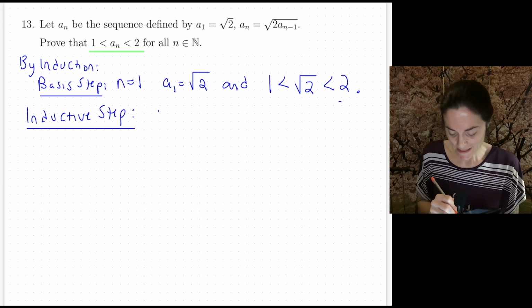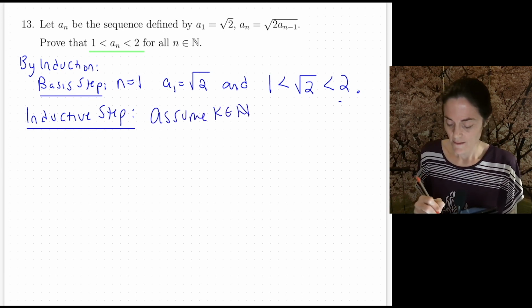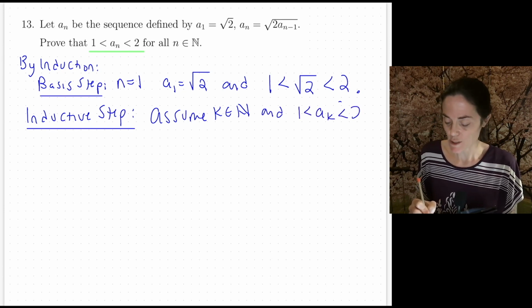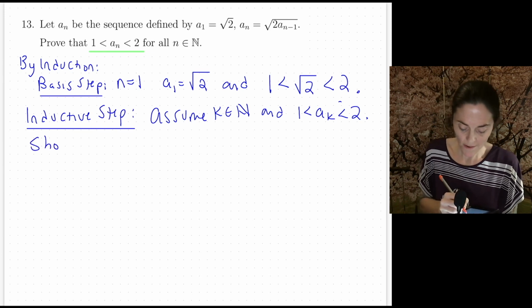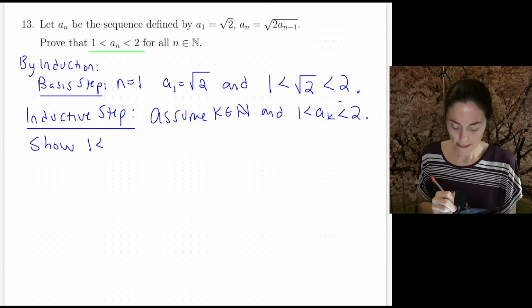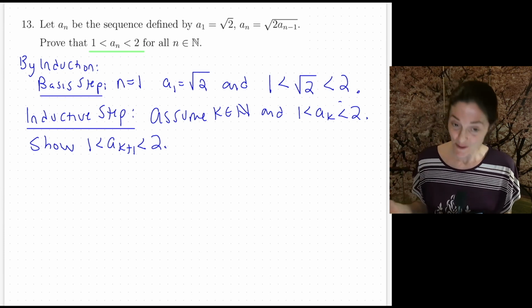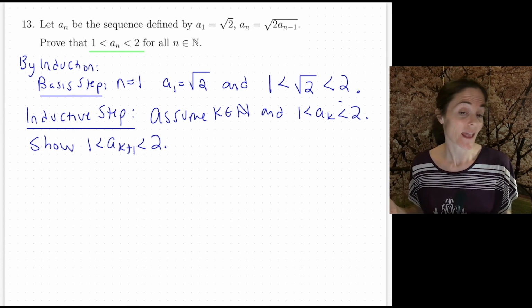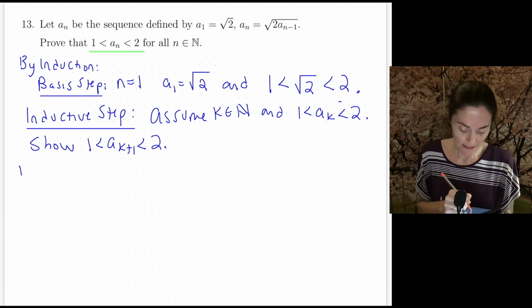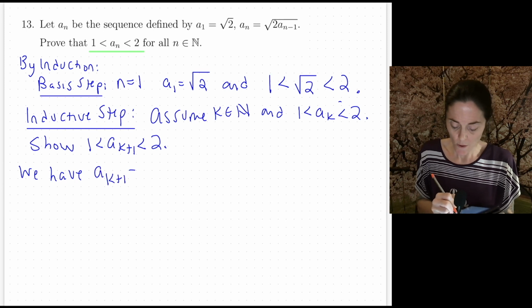We assume we have some natural number k, and 1 is less than ak is less than 2. We want to show for k plus 1 that 1 is less than a(k+1) is less than 2. There are really two things to show. First of all, a(k+1) is bigger than 1, and second of all, a(k+1) is less than 2. So we use this, that a(k+1) equals